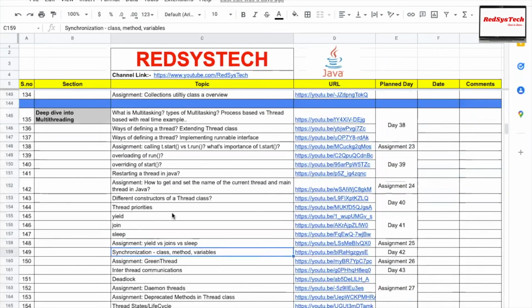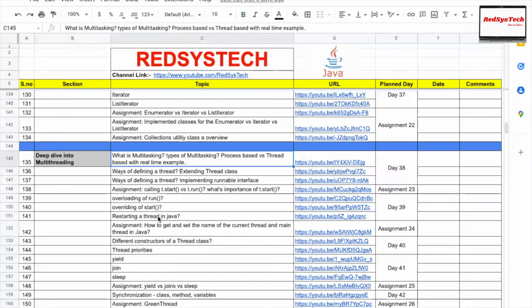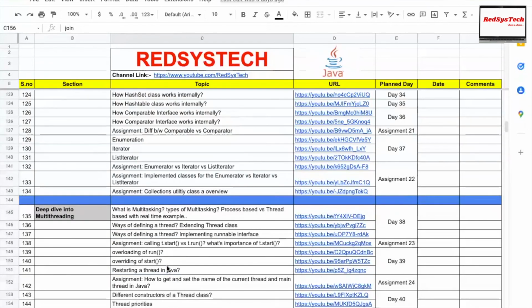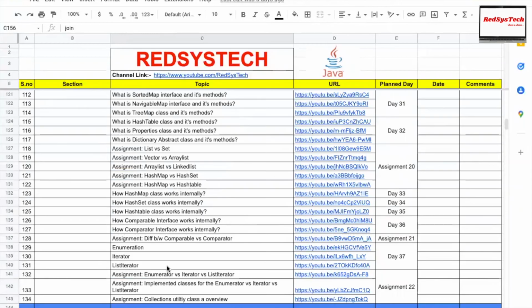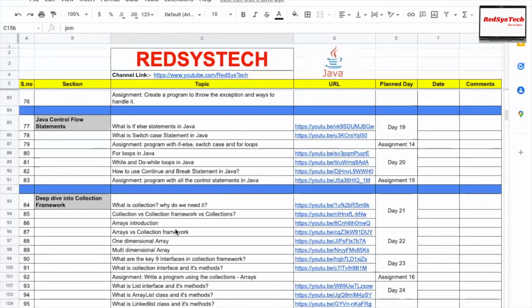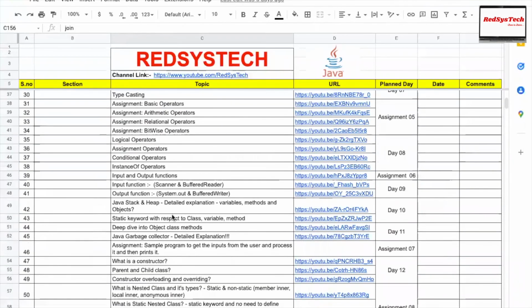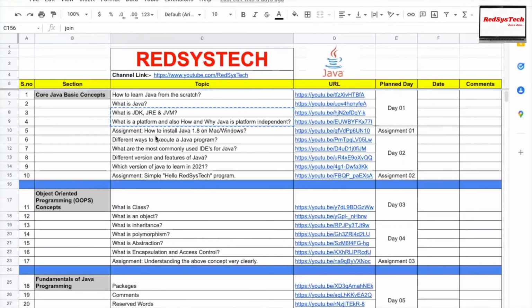Basically, in multi-threading and other topics, people used to say that it is a very tough topic and they don't want to get into that. So I always want to get into the tough topics, make them simple, and share them with friends. That's how I have framed all of this. So you will get in and out of it. No worries. Even if you see, oh my god, this many topics we have to learn to get into Java, no. Everything you will learn. Every step is a step, right?